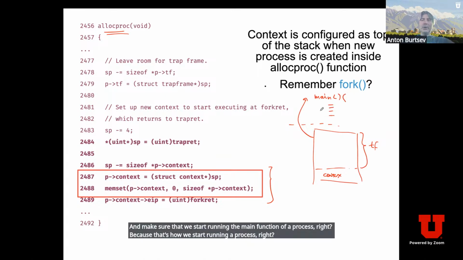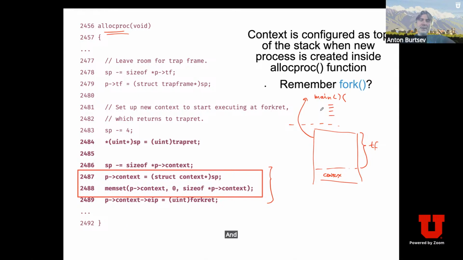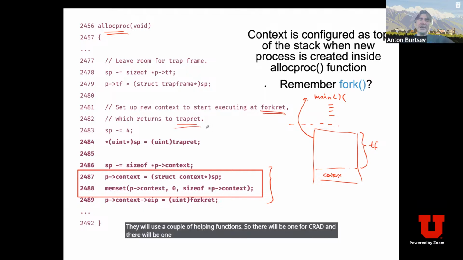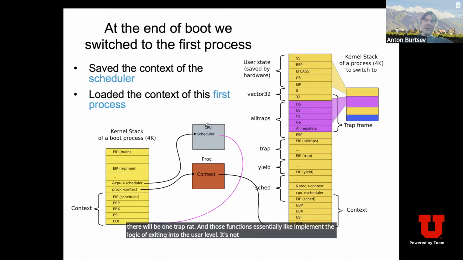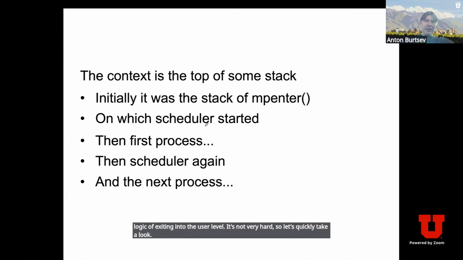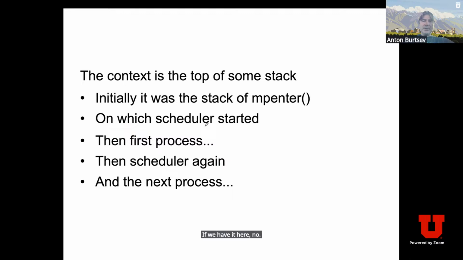And what happens here is they will use a couple of helper functions. There will be forkret and there will be trapret. Those functions implement the logic of exiting into the user level. It's not very hard, so let's quickly take a look. If we have it here, no, probably I don't. But essentially,